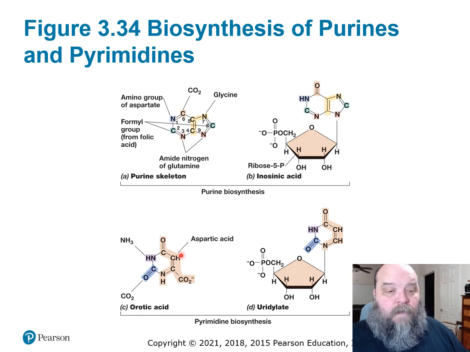You're going to start off here. Aspartic acid, carbon dioxide, ammonia forms orotic acid, which will then be modified to form uridylate, basically uracil, which is the precursor for the making of